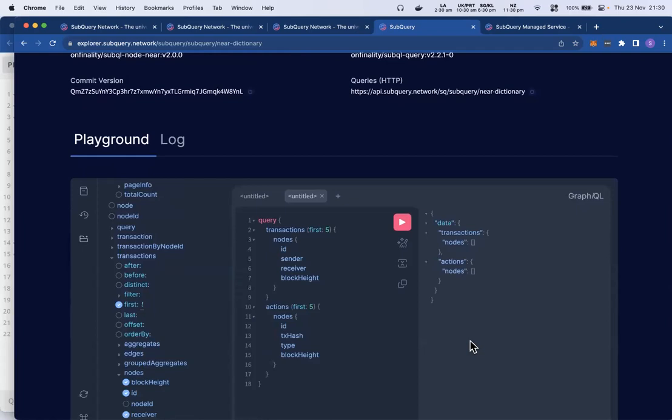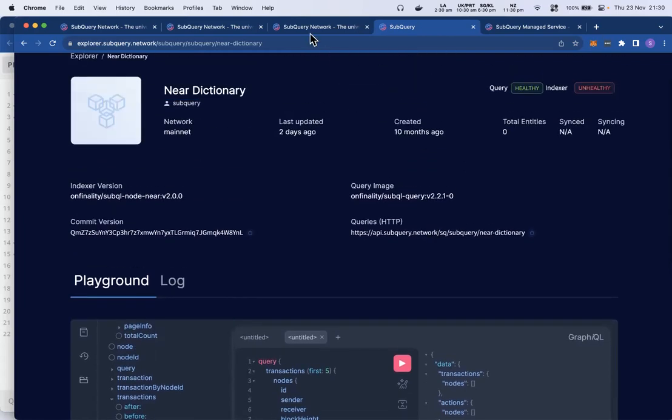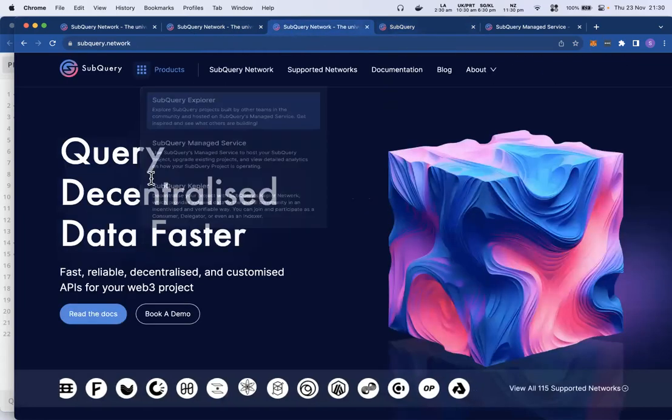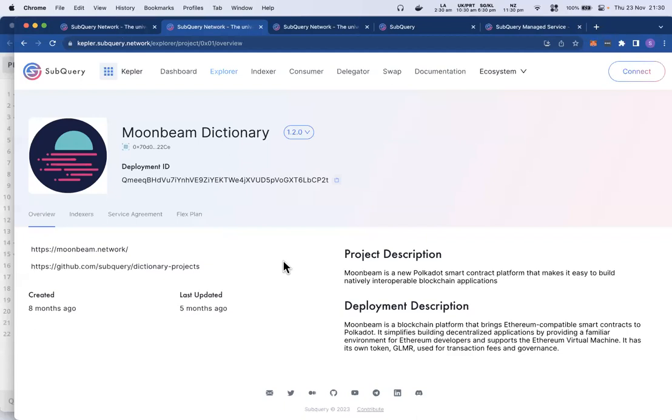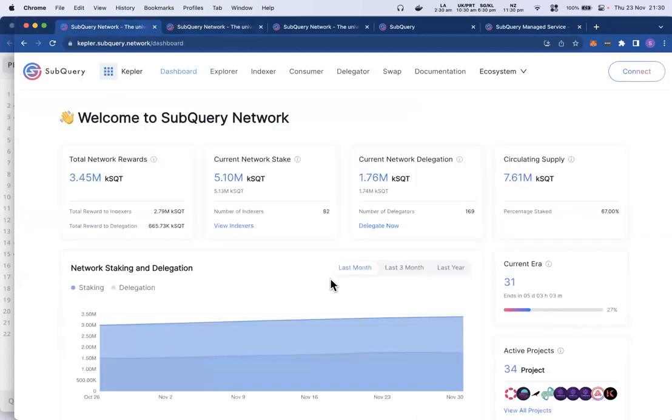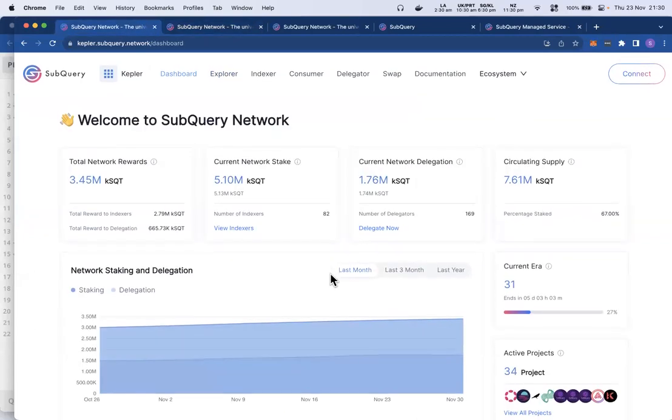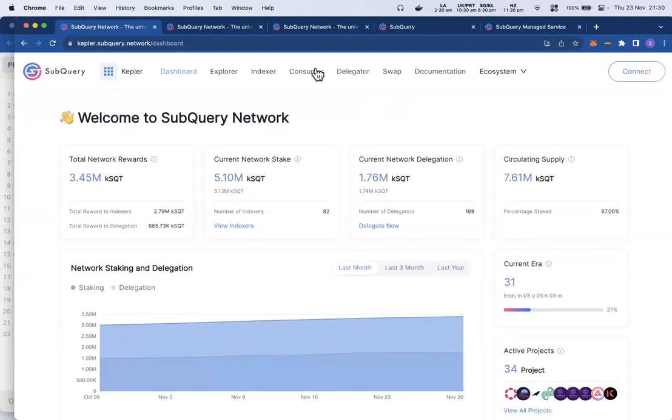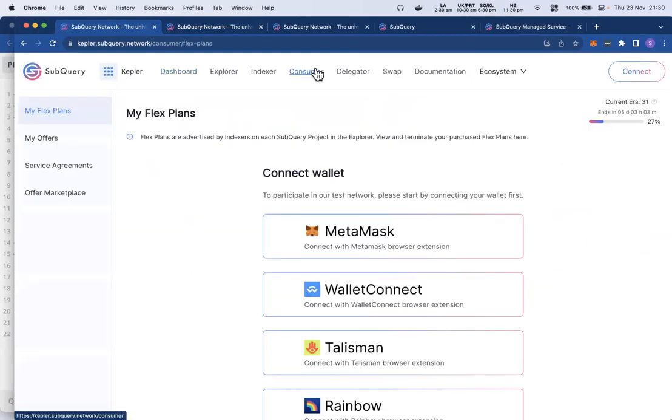How do you facilitate the payment on the network? As a consumer, first of all, you have to grab some SQT tokens, and then you connect your MetaMask account.